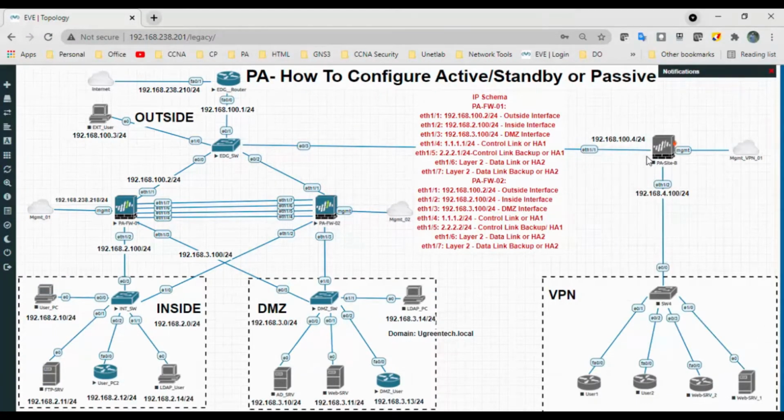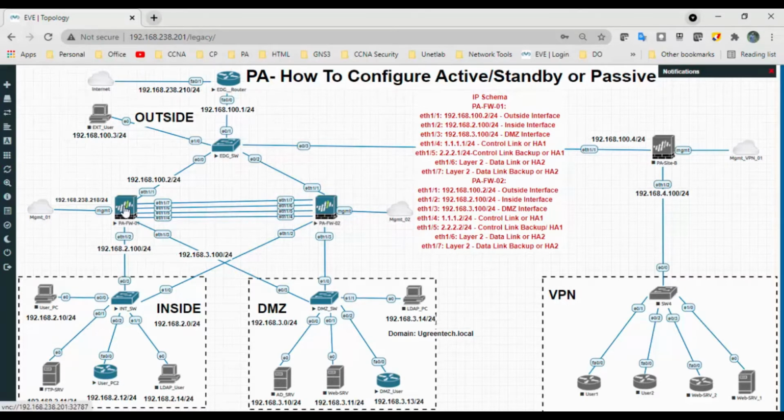So the prerequisite is, when we are setting up high availability or active passive on the firewall, both firewalls need to be a pair, with the same model.